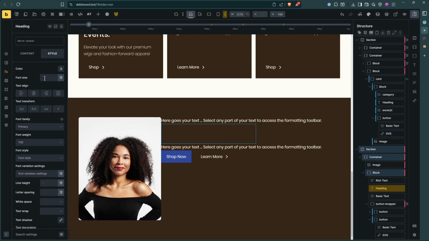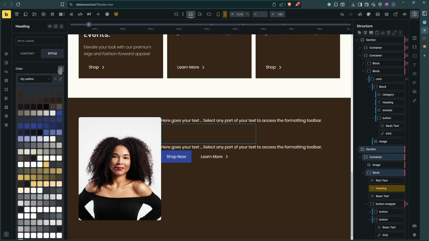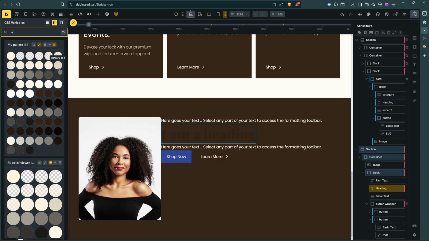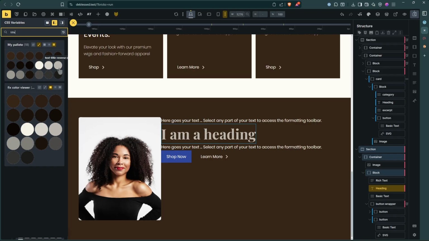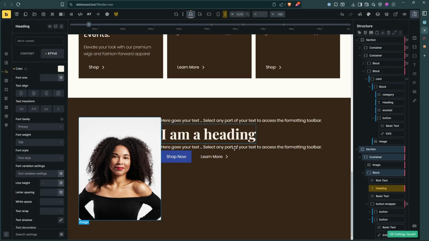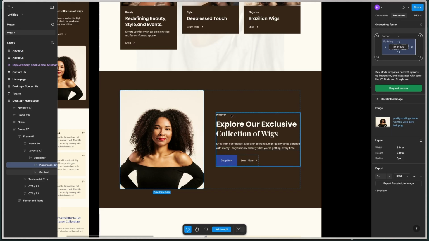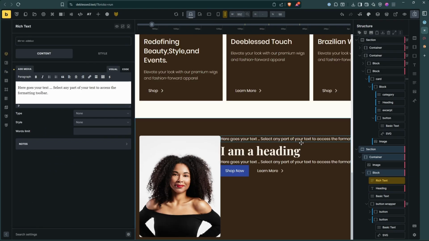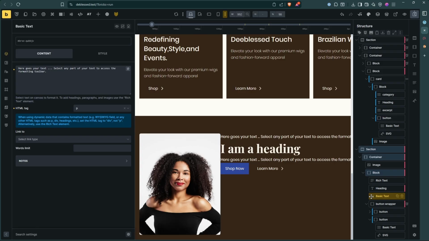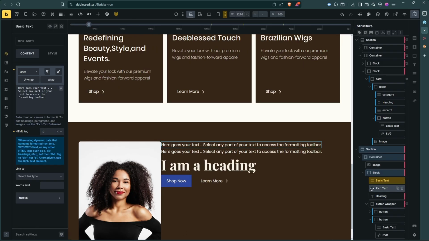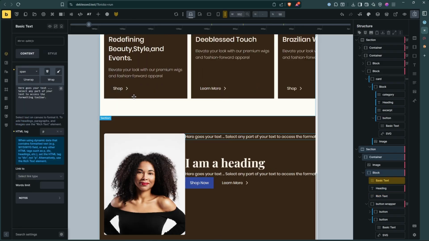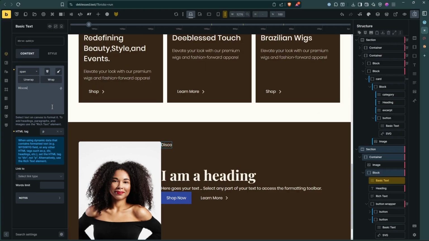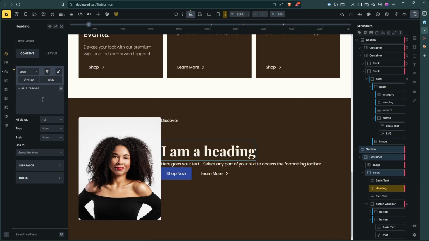Then the heading title, reverse. So the person is supposed to be using text in the last rich text. So this cover. And then